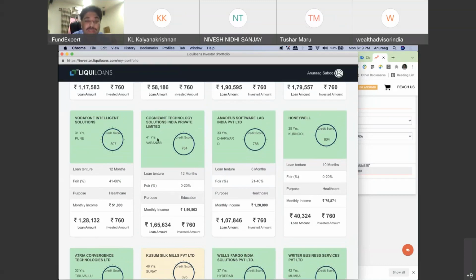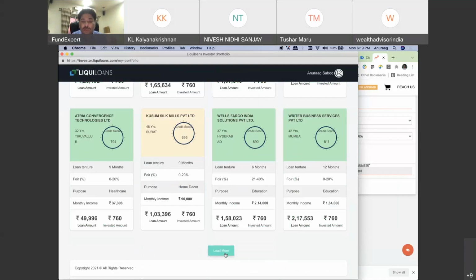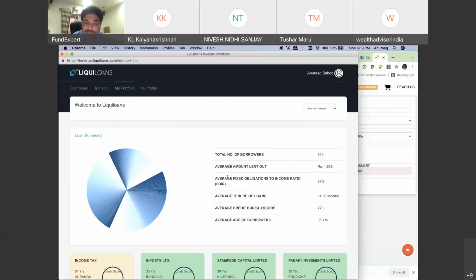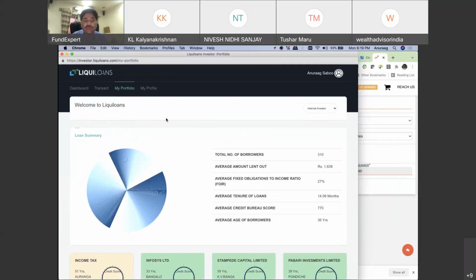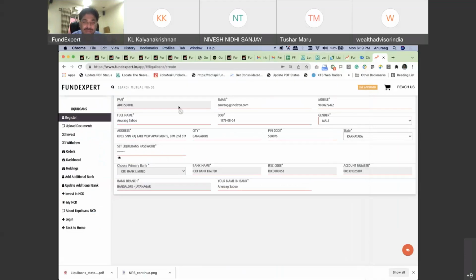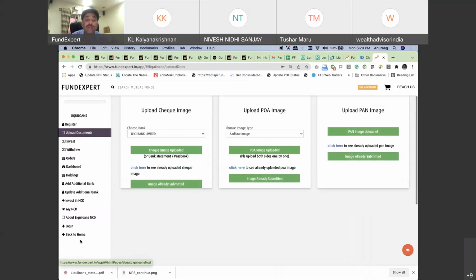Look, monthly income 1.5 lakh monthly. So obviously these are people working for Varanasi, which means he is obviously registered. So these are all different people from all different places. I can load more and see all these borrowers. So it's very well and clear that I am lending to very high quality, very powerful, very prime borrowers, and it's all available for each and every client. I am showing this not because it's only available for me, it's available for each and every investor, which you can see here. So that's the power of seeing where your investments are actually going and who is getting exposed.